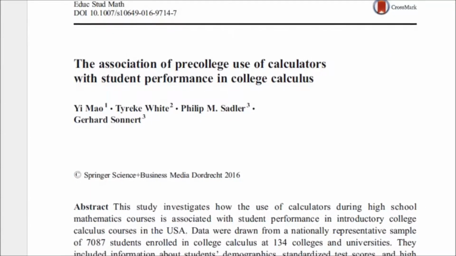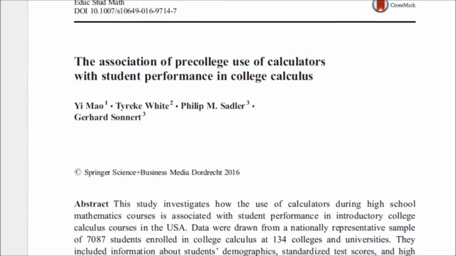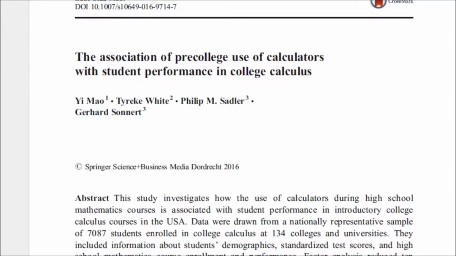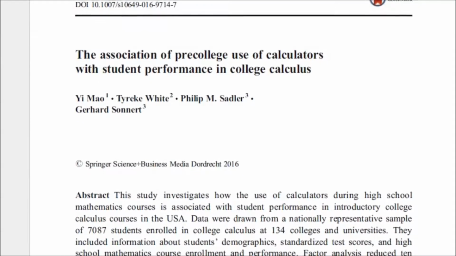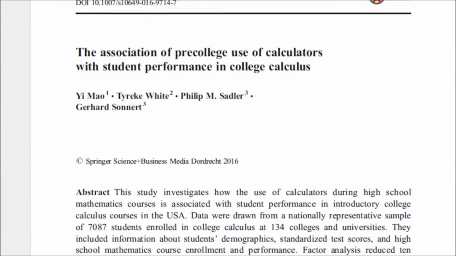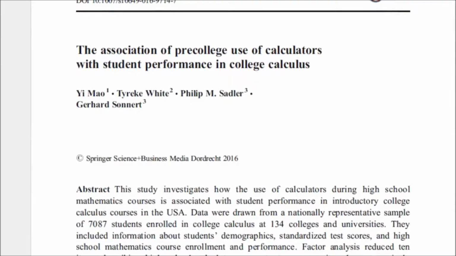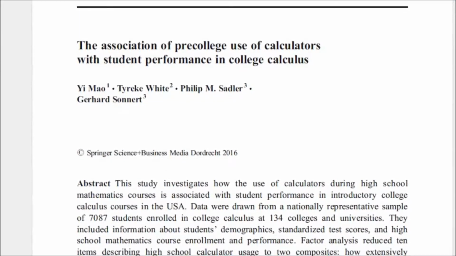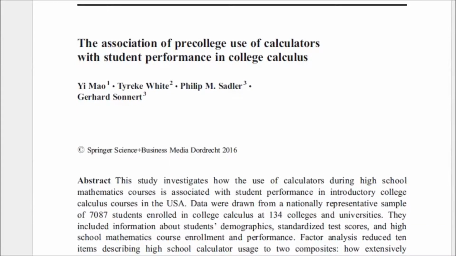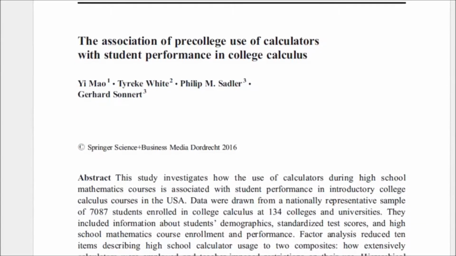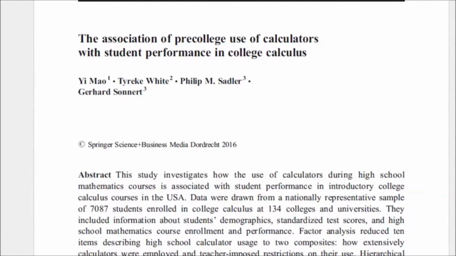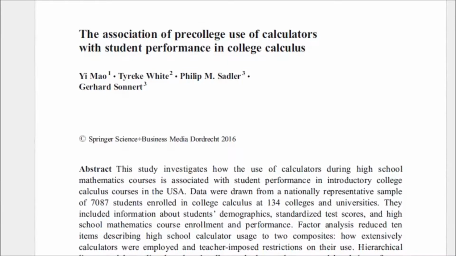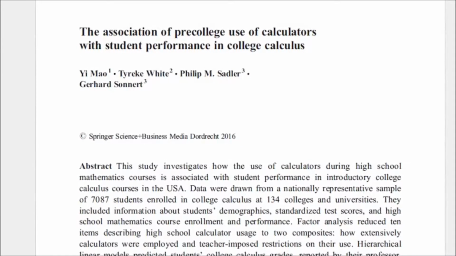So they compared high school calculator use to college success, but they only really measured the amount of use of calculators, not the way in which the calculators were used in high school. This is problematic because there are good ways to use calculators in high school and bad ways to use calculators. Without controlling for how they were used, any results about the future implications in college are pretty much meaningless. Also, the calculus setting in college is not exactly a neutral playing field, and it's not necessarily representative of success in general. You might think about success being broader than just how successful they are in university calculus.